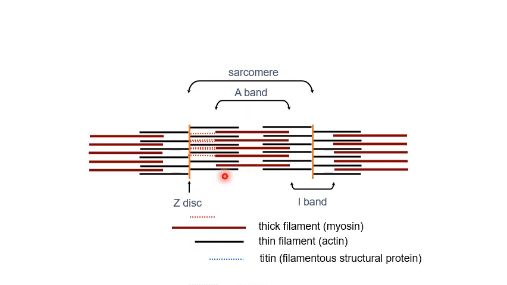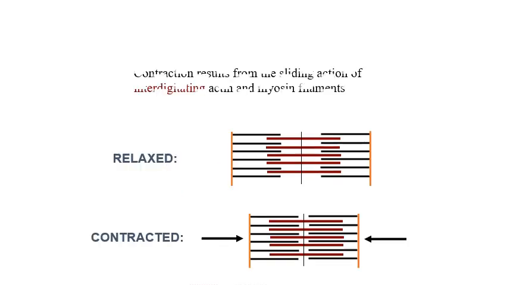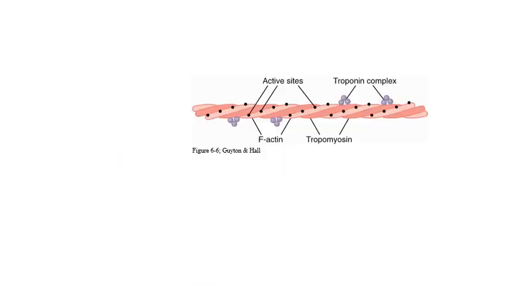So you can see the titin which is shown here in the dotted line, which meets at the center. In the relaxed state, they would not be interdigitating much, and when the muscle is contracting, there would be interaction or activation or excitation between the actin and the myosin molecules, which makes them come closer to one another. And you can see the relative position of the titin, the M line.